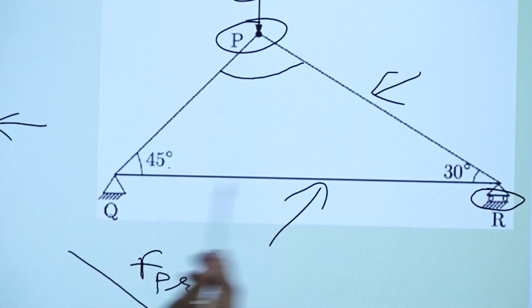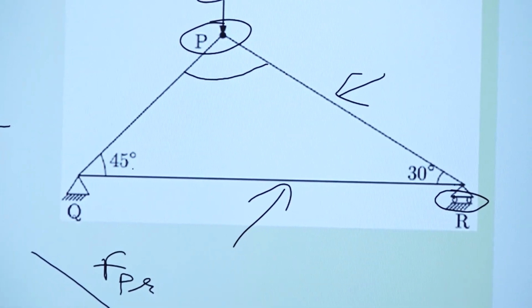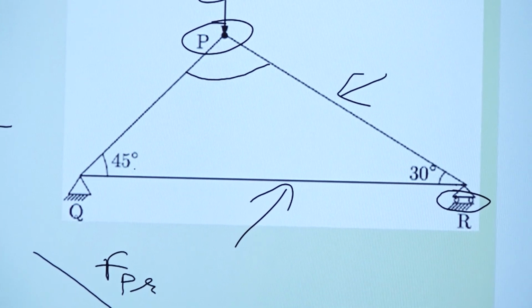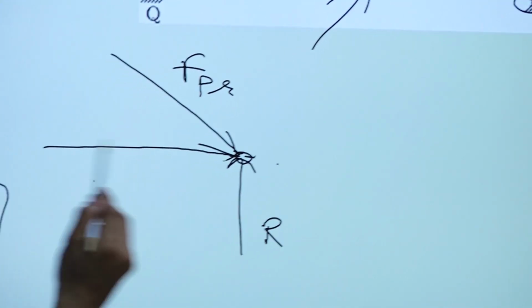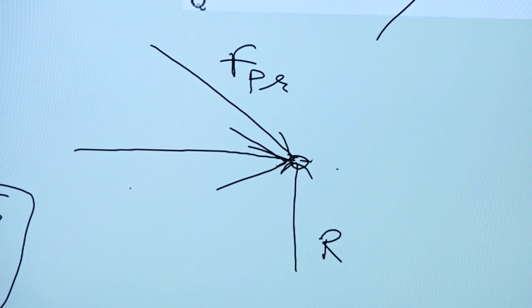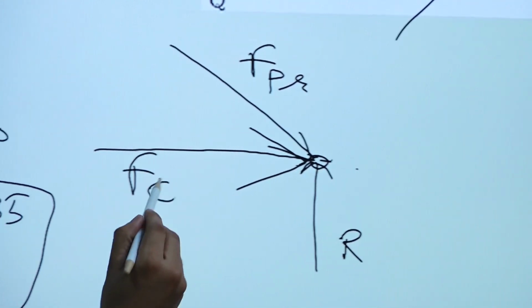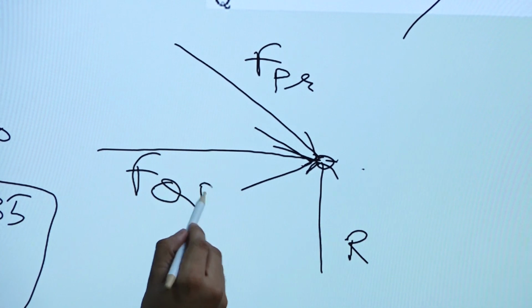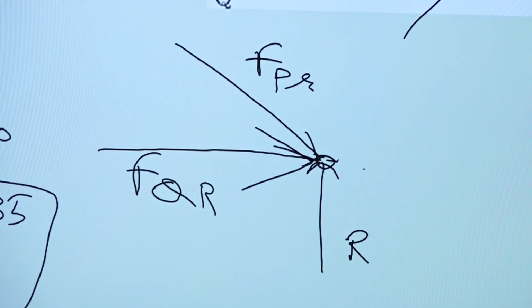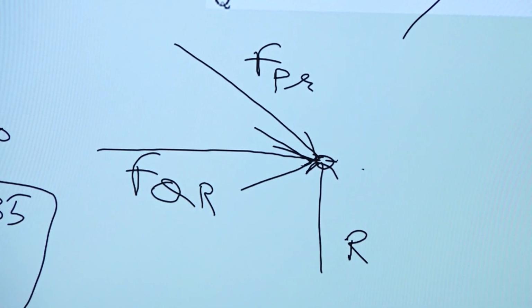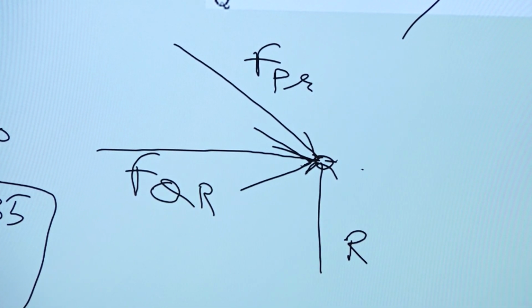Now we have to find out force in QR, that they are asking in the question itself. Okay, you assume that it is in this direction, right? So this is FQR, and that's what we have to find out to solve the numerical. Again we are going to apply Lami's theorem. Again we are going to apply sine law here, right?